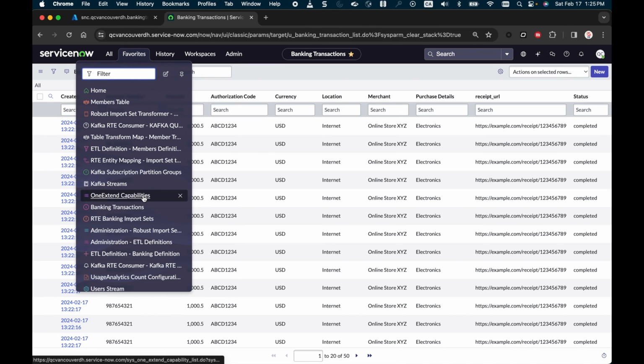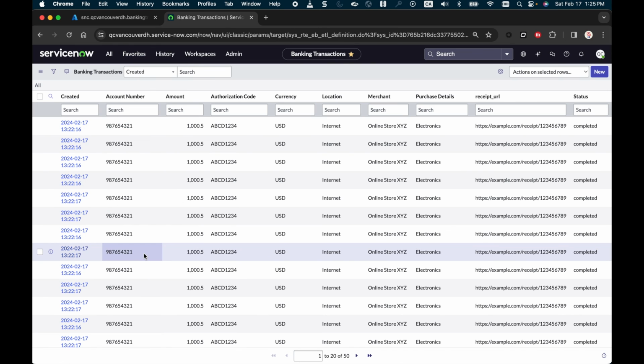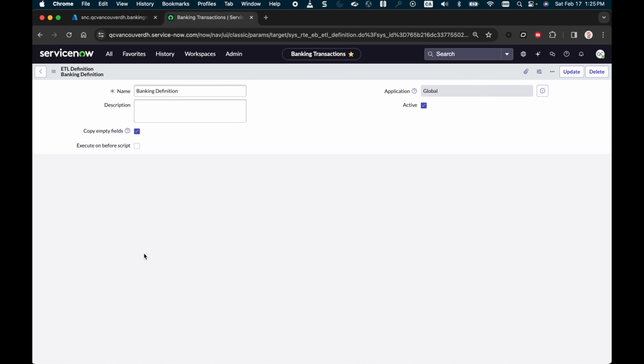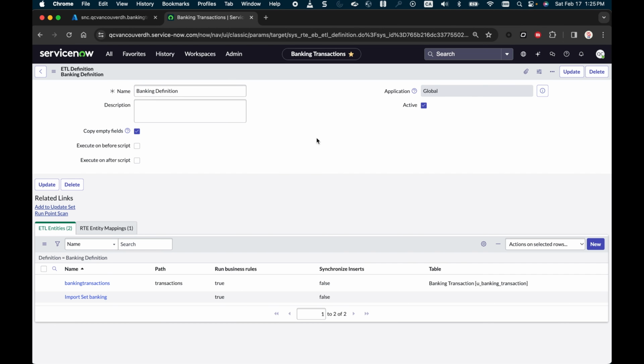So in order to get the data in ServiceNow and map it to tables, I created an ETL definition. I created an ETL definition called banking definition. The way it's configured, and there is documentation to explain this, this is not unique to Kafka, it's a function in the platform. You basically configure